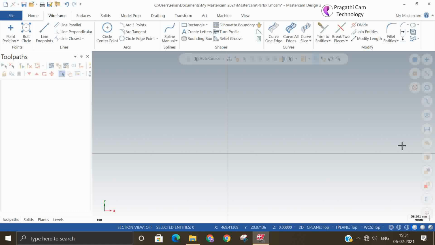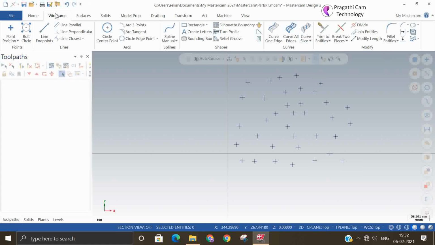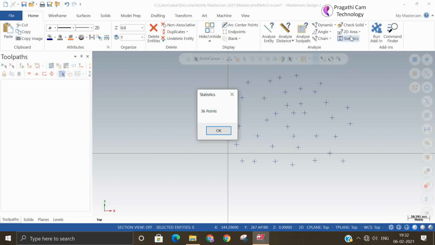So then you can bring all the points together inside Mastercam. To help you understand, I'll make one small example here. I am going to work in the reverse direction because I don't have my XYZ coordinates now. First I will make XYZ coordinates from the existing points I made. So I can say how many points I made: I have made 36 points here.